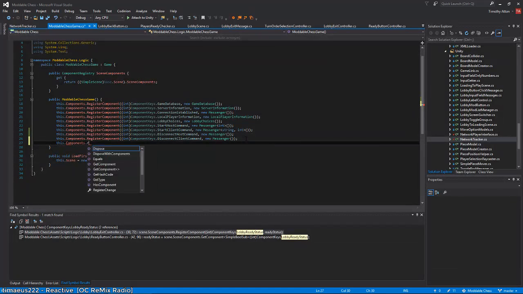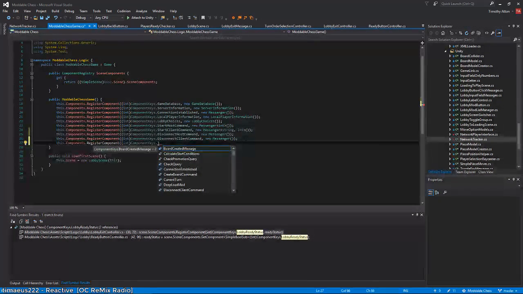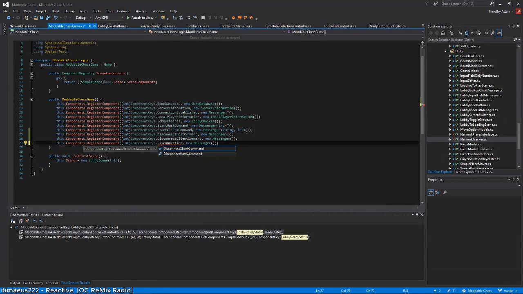Components. Register component. Keys. Let's see. Let's call this disconnect messaging. Don't think about the name too much, but